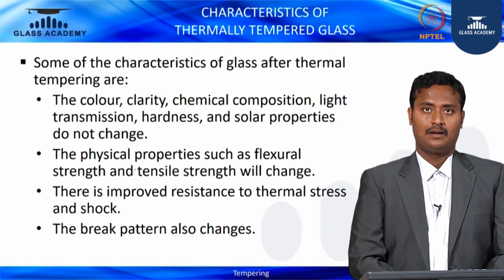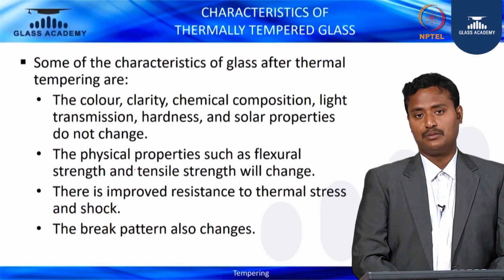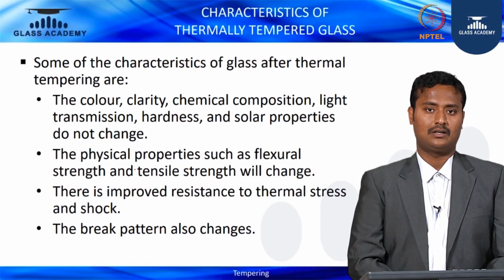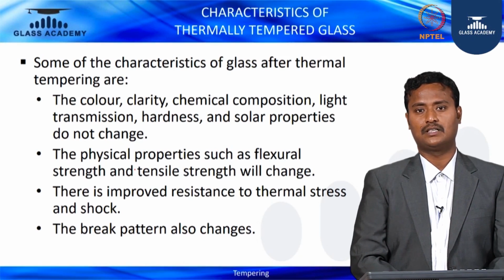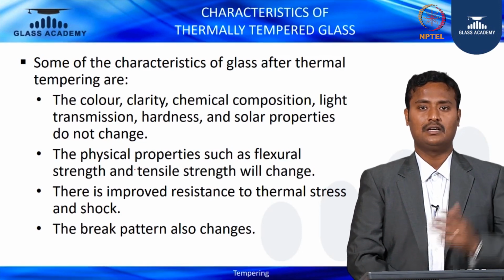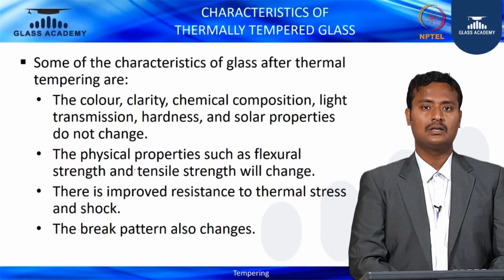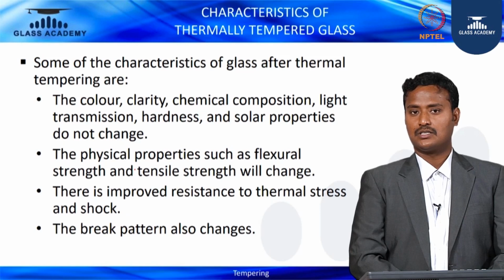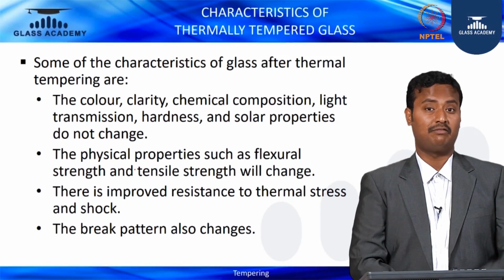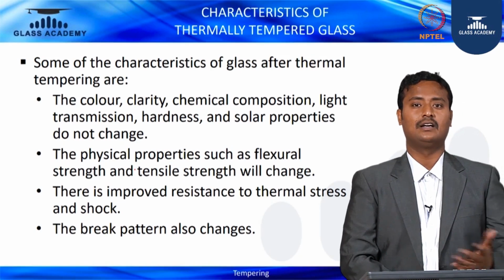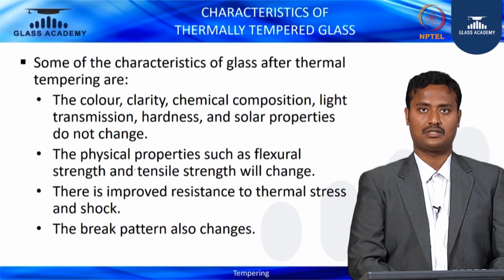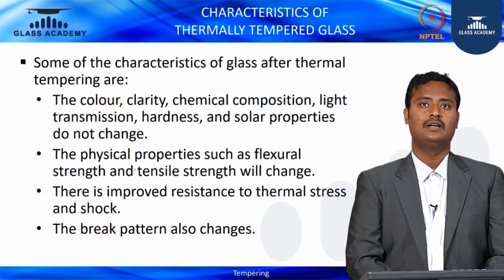Thermal stress is most important. For example, if you use annealed glass in a facade or windows, the thermal differential between the edges and the mid plate causes breakage, which is called thermal breakage. It obviously takes place with a difference of around 50 degrees centigrade. Within that it will break. In order to avoid that, we have to do the tempering process. So this is one of the characteristics of thermally tempered glass.